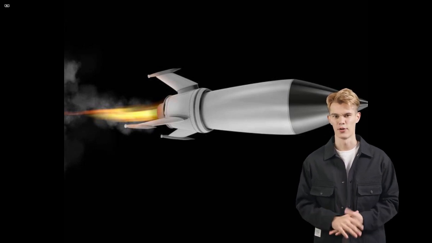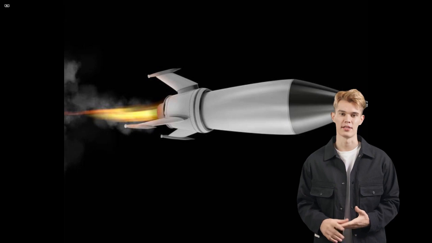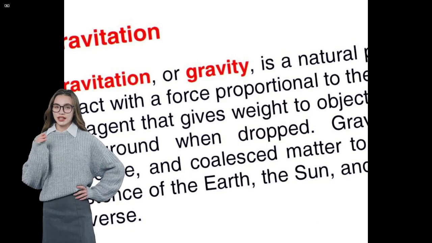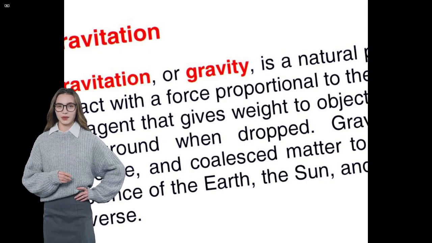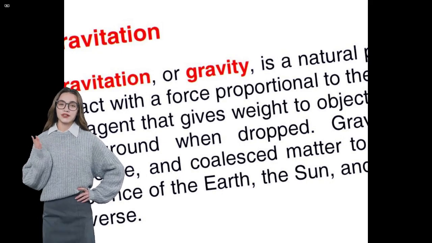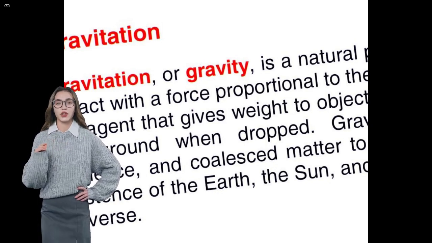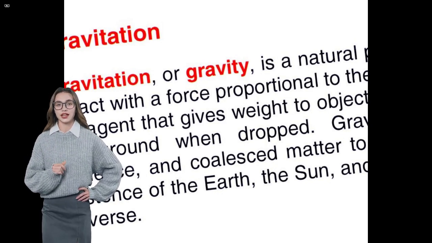Next one, question for 2021. Ian, explain the difference between speed and velocity. 6 marks. Speed is a scalar quantity that measures how quickly an object is moving, regardless of its direction. Velocity, on the other hand, is a vector quantity that takes into account both the speed and the direction of